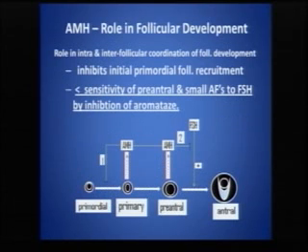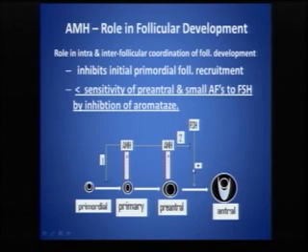So the role of AMH in follicular development is very important. It acts at 2 levels. One, at the primordial to primary stage, where it inhibits the recruitment into the primary group, and second, at the preantral stage, where it decreases the sensitivity of the preantral follicles to FSH,